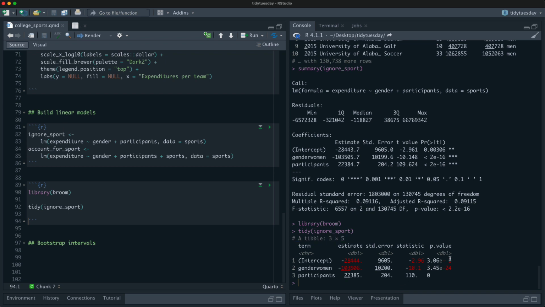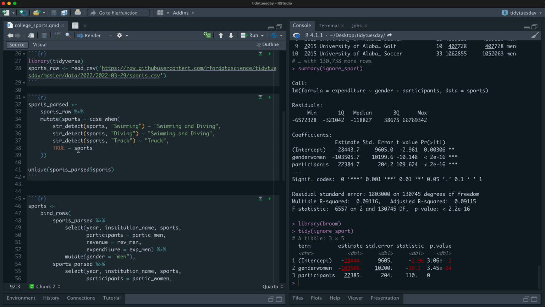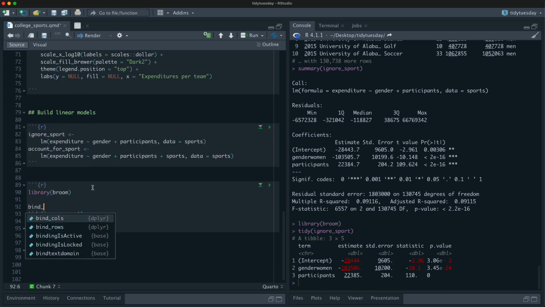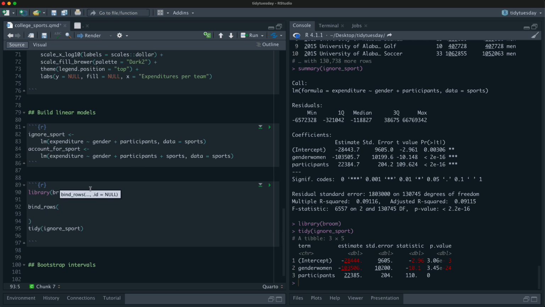And you can see we've got our p-values, we've got the estimate, and all for these various things. So we can do kind of what we did up here with binding these rows together. That's one of the nice things about dealing with models using a tidy approach. We can just treat it like a data frame, which we're so used to using here.